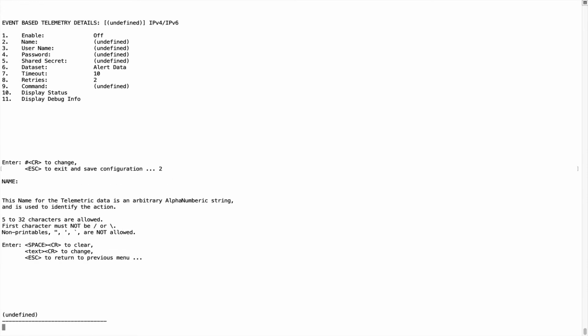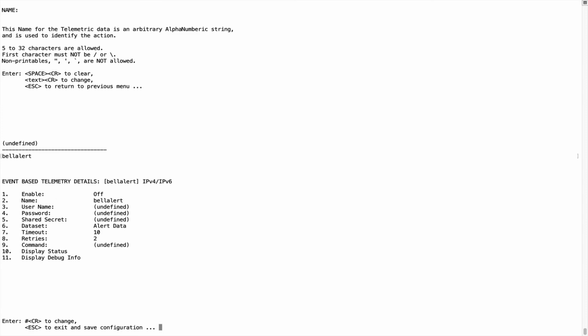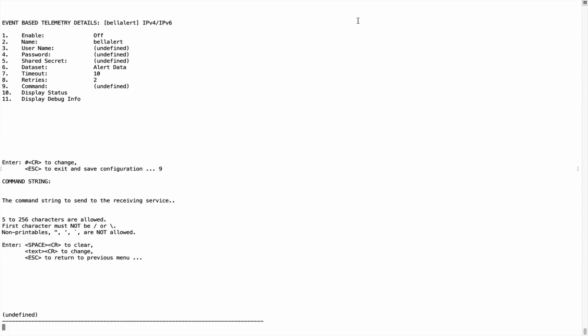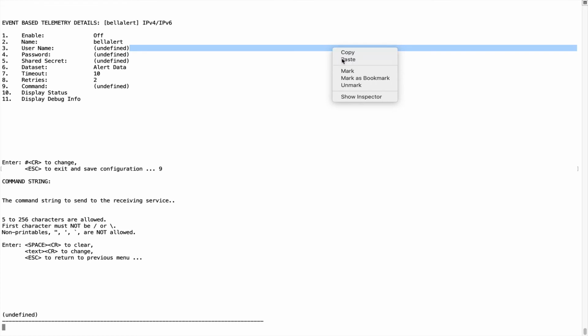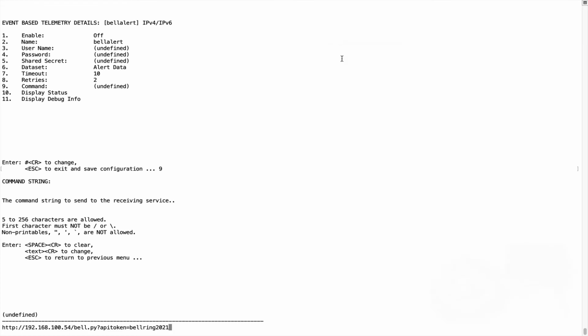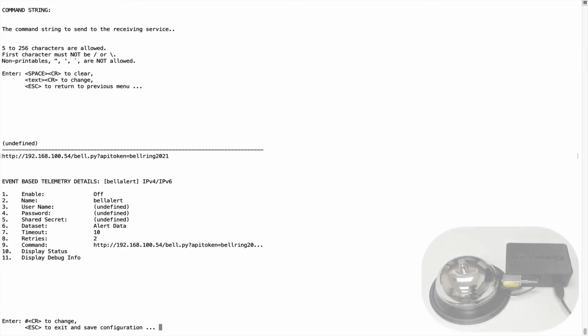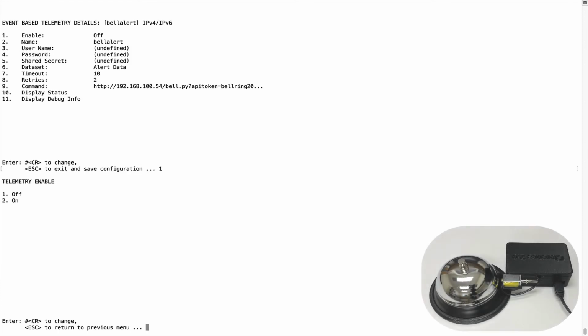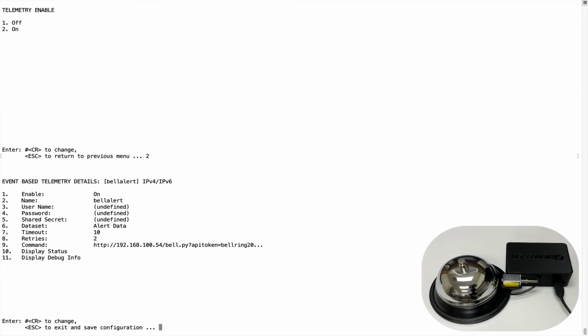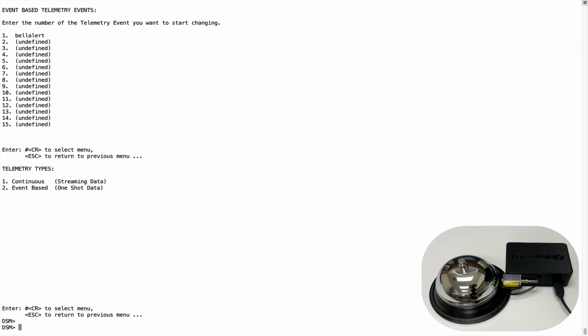So we'll take number 2, we'll take slot number 1, and we'll give it a name of bell alert. And then for the command, we're going to paste in our webhook command that goes to the Raspberry Pi, and we're going to enable it, and we're going to escape out of here, and then we're going to log out,